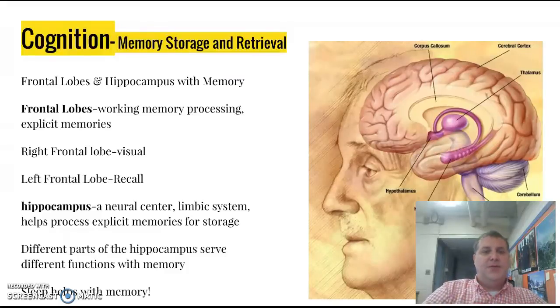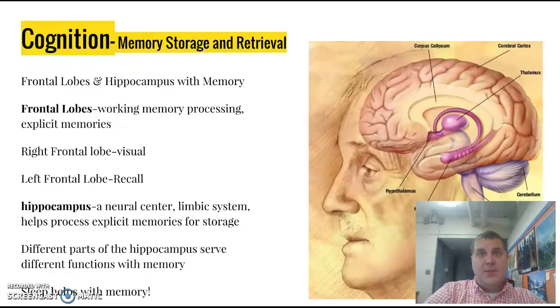The hippocampus was a neural center. This helps out with explicit memories for storage. Different parts of the hippocampus do work with different parts of the memory. So the hippocampus is one of those huge things. Remember how we talked about the hippo being like an elephant and their trunk. They remember everything. This is the thing you guys as high school students should basically know more than anything else